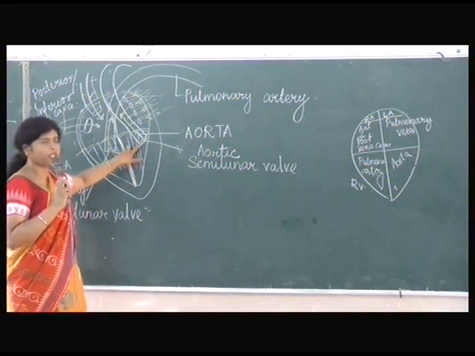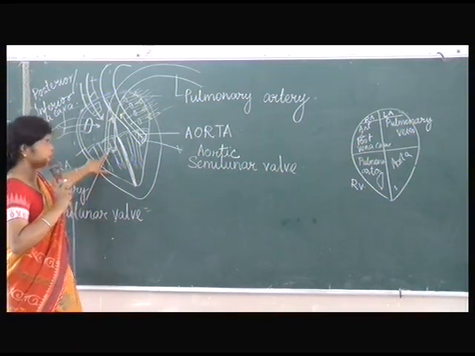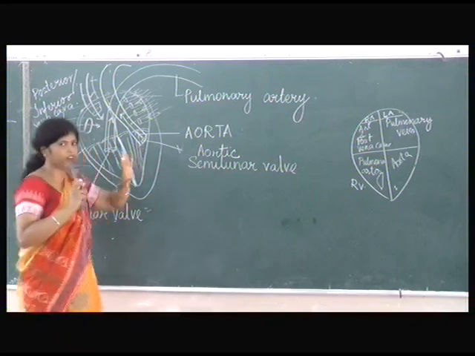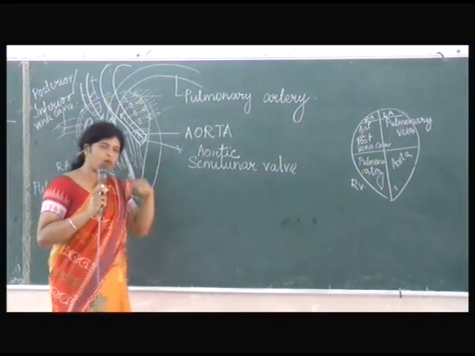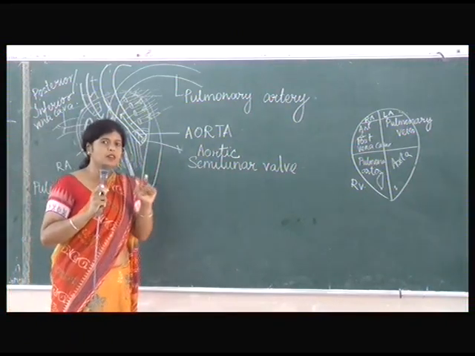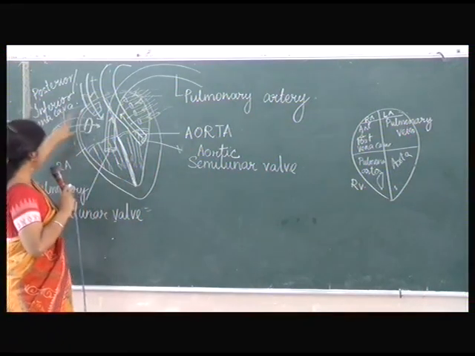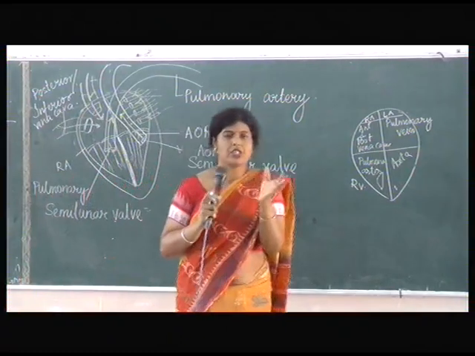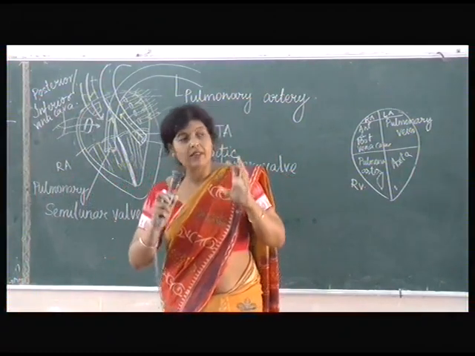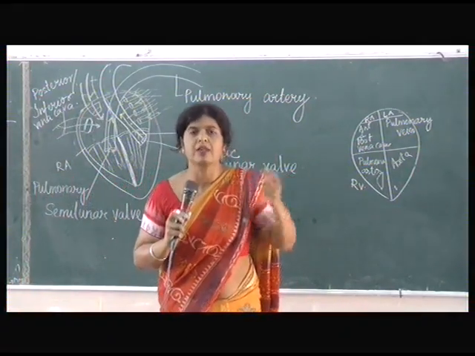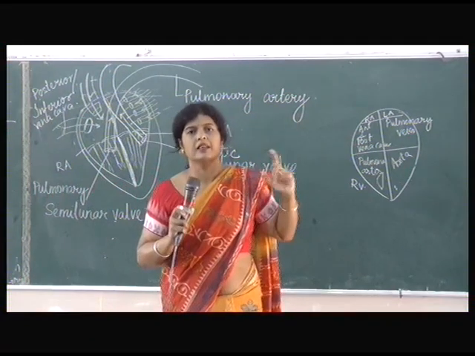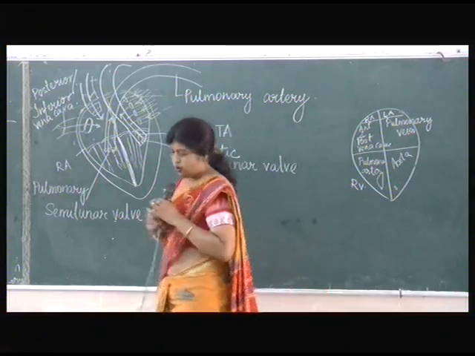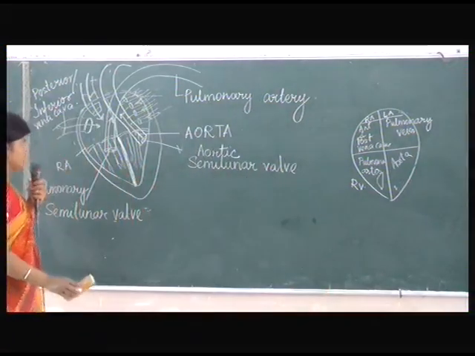Is it clear? This is the pulmonary semilunar and this is the aortic semilunar valve. There are 4 valves, and when we do the circulation, we must not forget about these valves. Naturally present also are the pocket valves. They are pocket shaped, that is why we call them pocket valves. They are also semilunar valves only. They are naturally present in the veins. Okay. So we start with the circulation now.